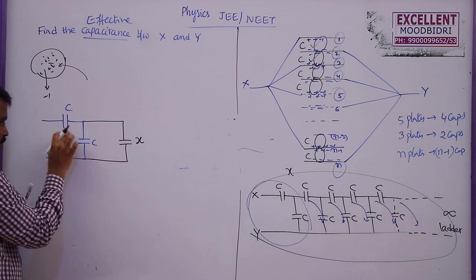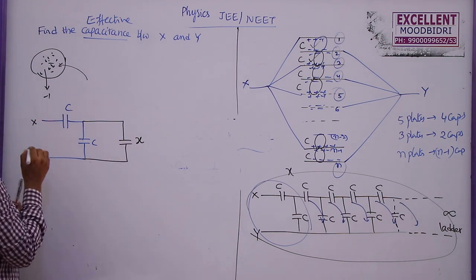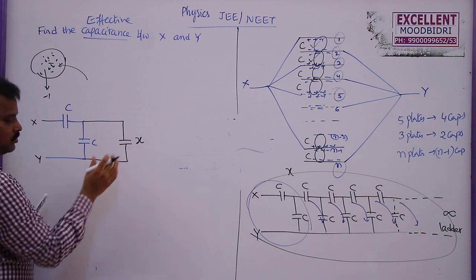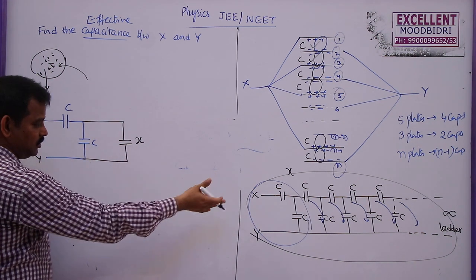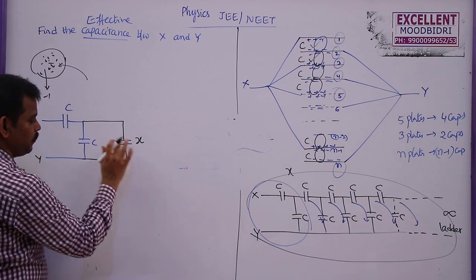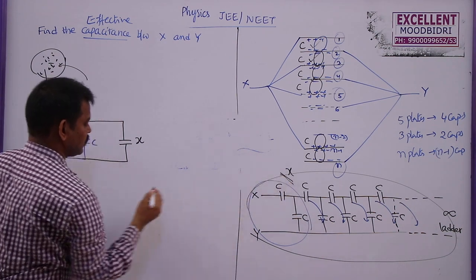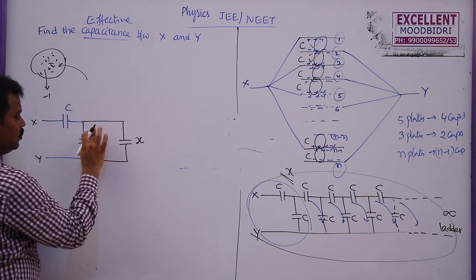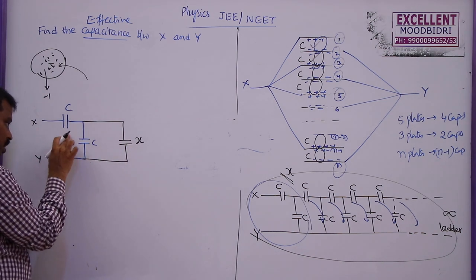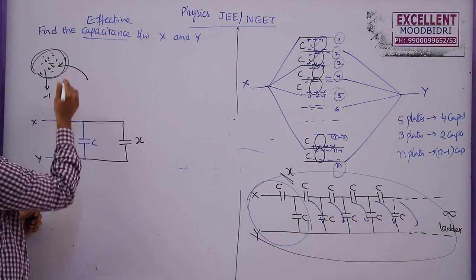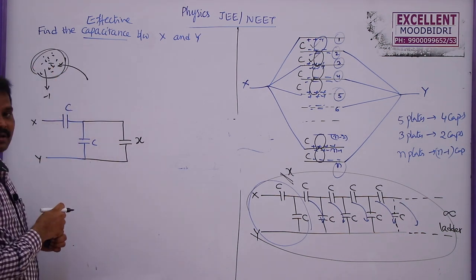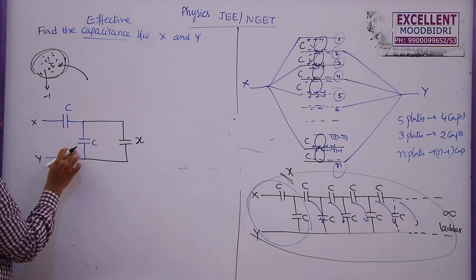So for this I am going to add one more. So these are the two terminals here. So this is X. I think you understand this concept. Here the actual diagram is this one, and the effective capacitance of this one is X farads. So this is X. For this I am going to add one more here. For a huge one, if we add one more part or one more link, there won't be any difference. That's why for this I am just adding one more here.